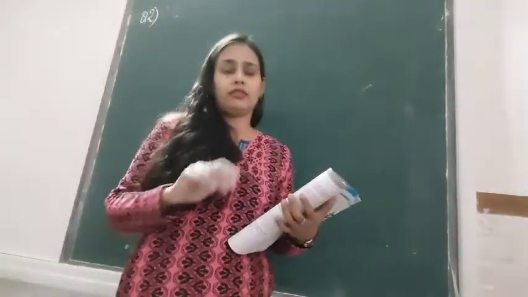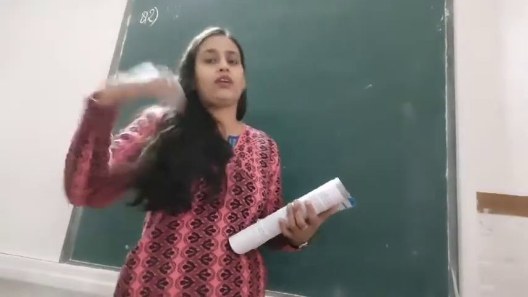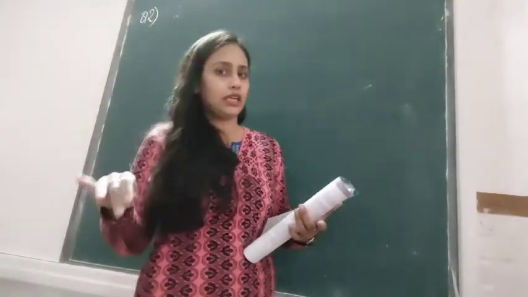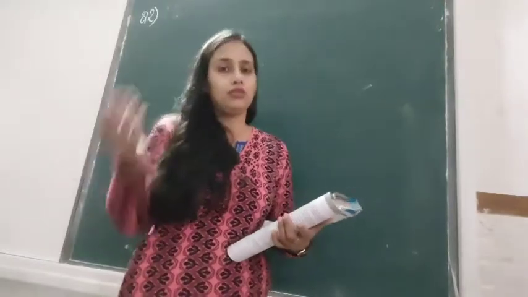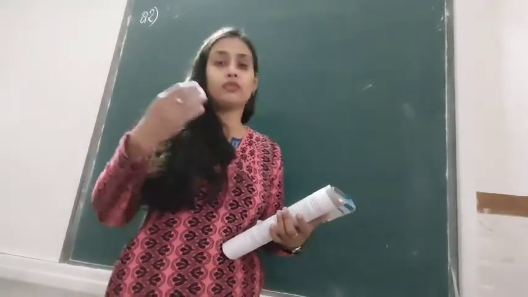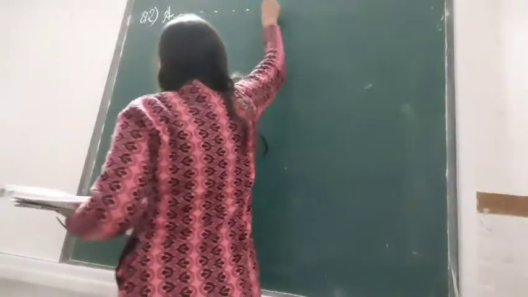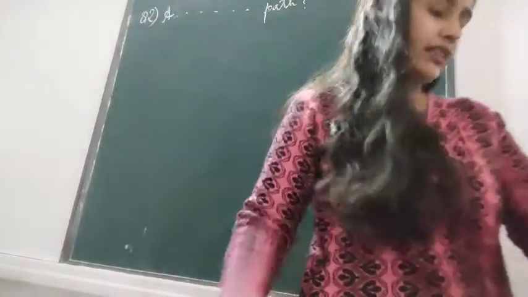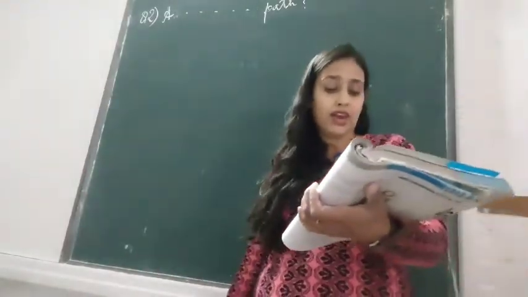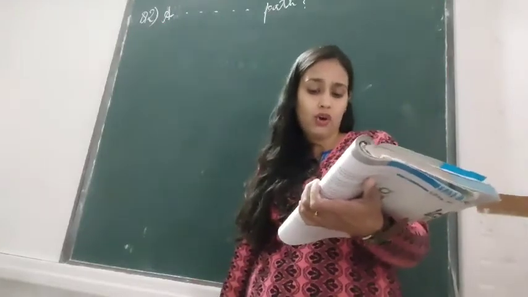Question number 2, children, all these questions are of same type where the path is either inside or outside, or there is margin which is inside or maybe outside, and we need to find out the areas of those paths or margins or roads. Okay, so let's start. A 3-meter wide, see I told you, a 3-meter wide path runs outside a rectangular path of length and breadth. So let's make a rectangular